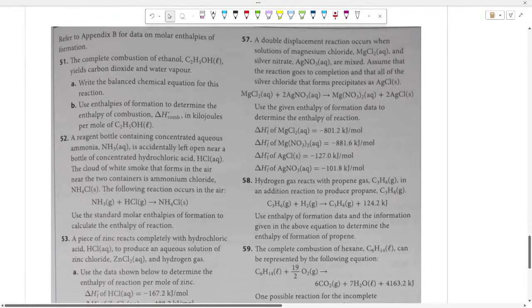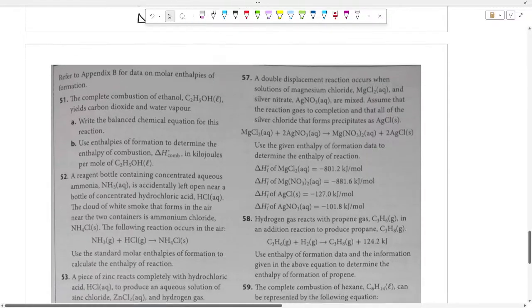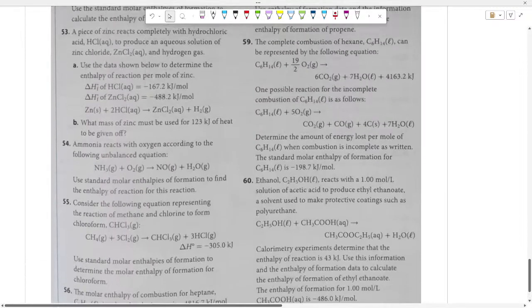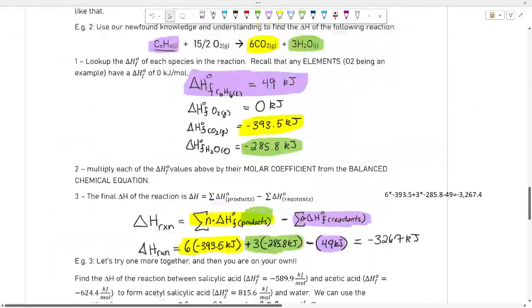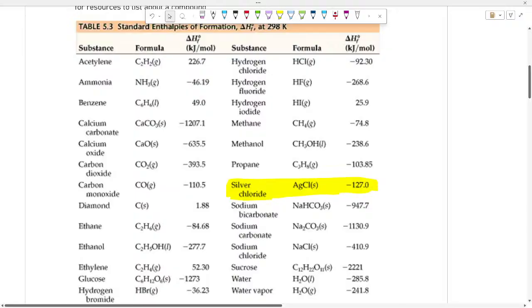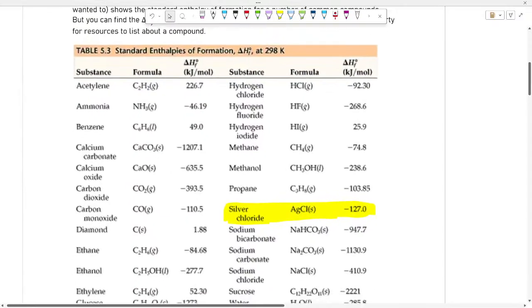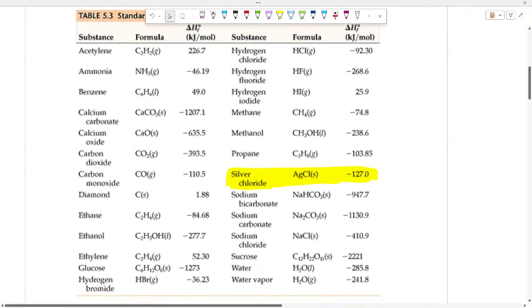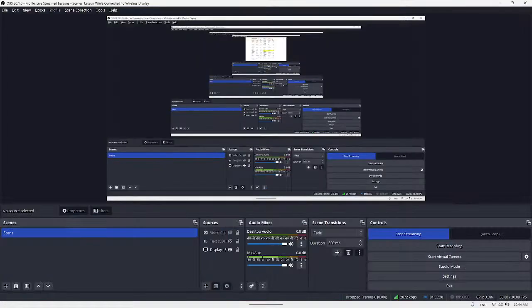There's some homework on here. I'd like you to do it. I scanned it from a textbook because I liked it, but also you should be able to find most of the formation enthalpies for that in this table here. If there's one you can't find, you know what the nice thing is? Yeah, specifically, again,